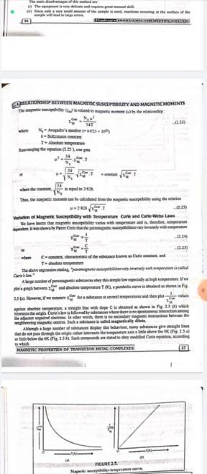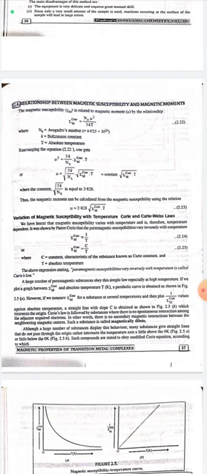We have learned the magnetic susceptibility varies with temperature and is therefore temperature dependent. It was shown by Pierre Curie that the magnetic susceptibility varies inversely with temperature. χm is inversely proportional to temperature: χm = C/T. C is a constant characteristic of the substance, known as the Curie constant, and T is the absolute temperature. The above expression, stating paramagnetic susceptibilities vary inversely with temperature, is called Curie law.